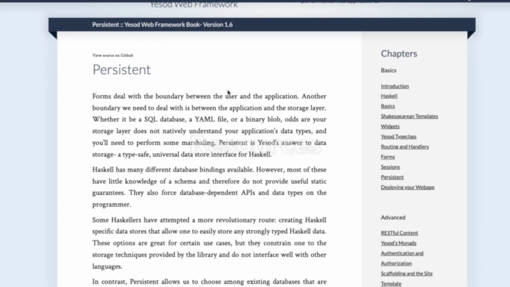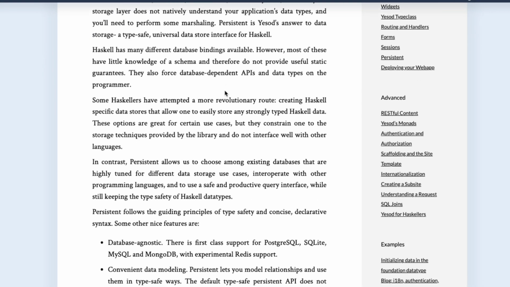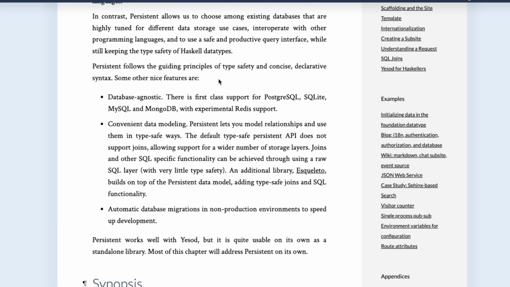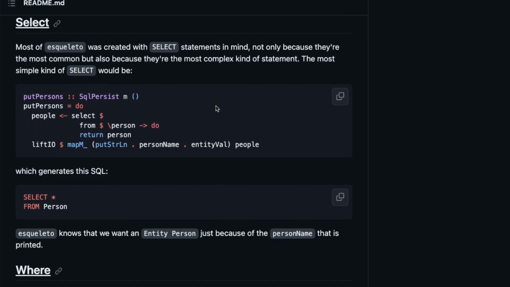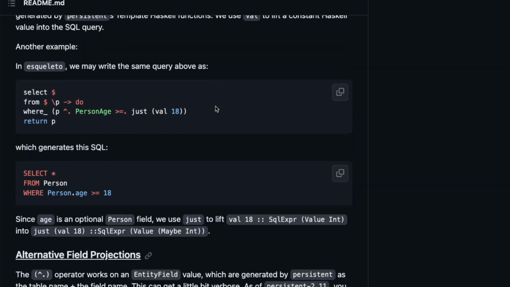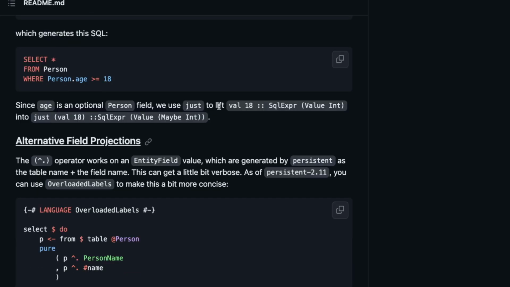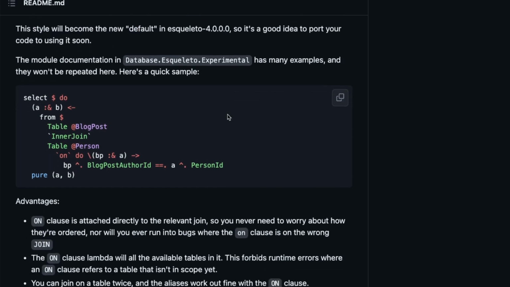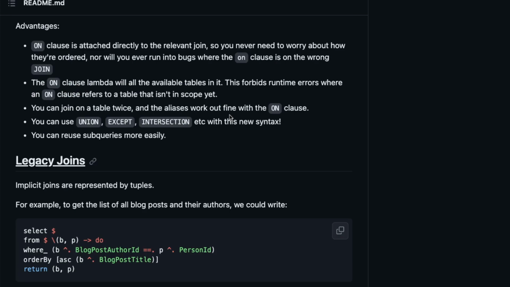Persistent is well documented as part of the ESOT book, and Esqueleto has good README and docs. The catch is that you have to keep an eye on multiple packages simultaneously. On top of that, currently Esqueleto supports legacy and experimental syntax, and you have to be aware that some tutorials and examples use less safe legacy syntax or even a mix of both. But the good news is the compiler will generally warn you if you're on the wrong path, but you still